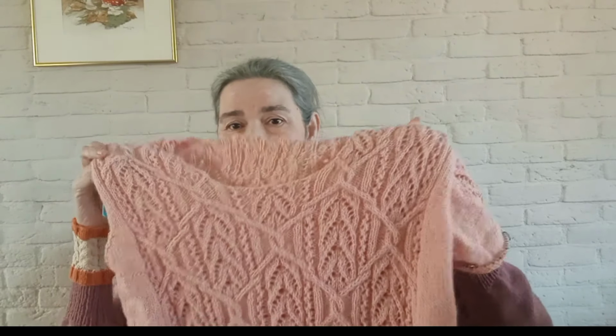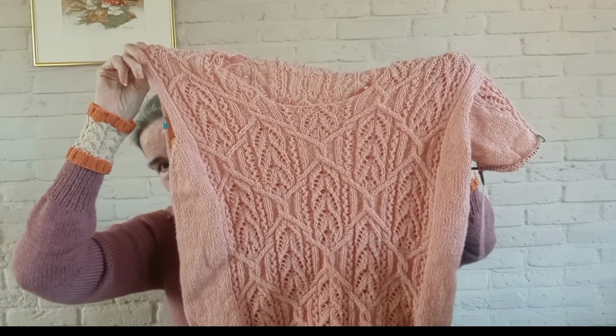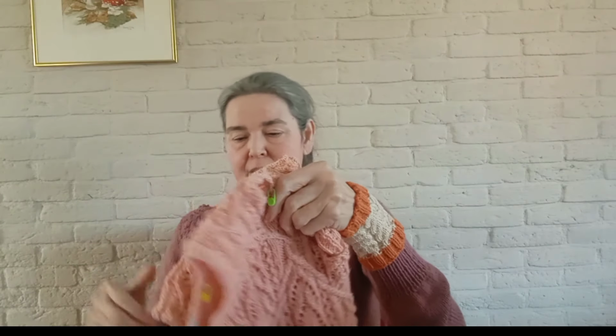I really like this. I said it before, it will show up a few more times because this is a labor of love, of course. It will take some time to finish this all, especially if you're not a monogamous knitter, then it will take longer. But the sleeve is getting along very nicely. So the lace panel is on top, and on the bottom we have stockinette, and there is where the decreases will happen, which makes it all the more